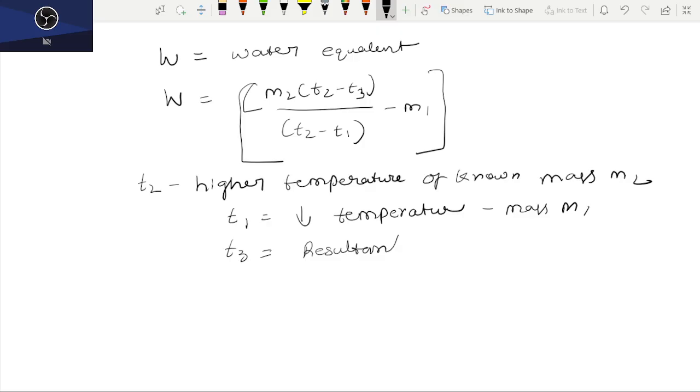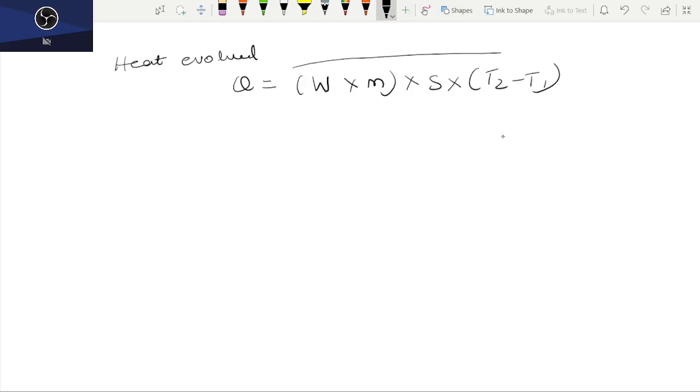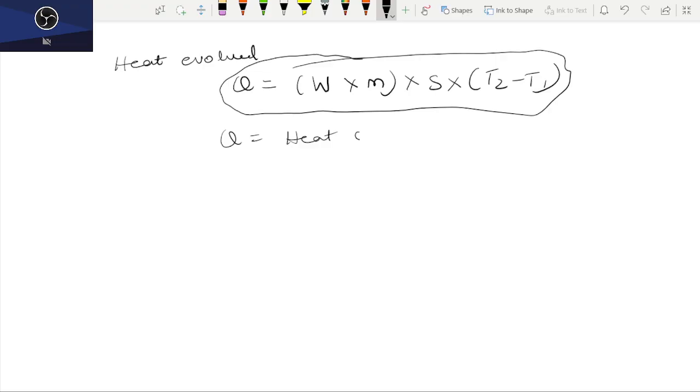Now the point is, in this entire equation, all the terms you know very well. Otherwise, you can cross check right now. Q equal to heat of reaction,